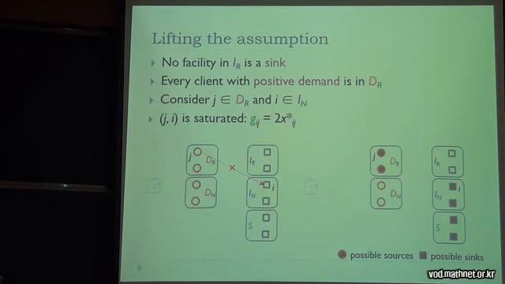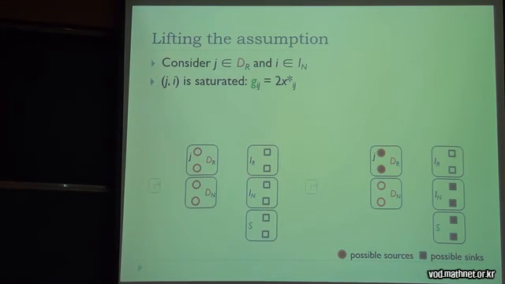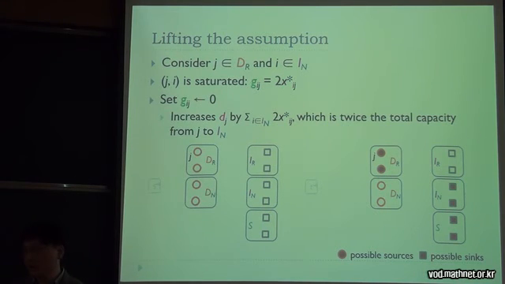And then this is where I do the slightly counterintuitive thing. I actually set the corresponding values of the partial assignment to be 0. And then that will increase the demand of that client by the total capacity of the edges from that client to all the facilities in I sub N times 2. Right? Because I'm undoing some of the partial assignments, and that will be reflected in the demand of that client by an increase in its demand. And remember that all these edges were saturated, so by undoing the partial assignment from this client to that facility, for example, I'm increasing its demand by twice the LP solution value between these 2 vertices. And once I do that,